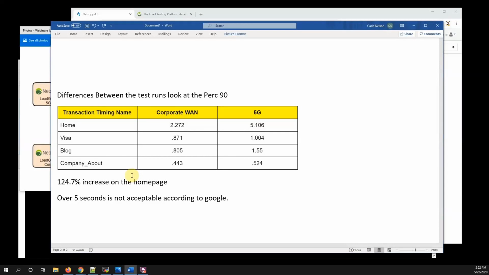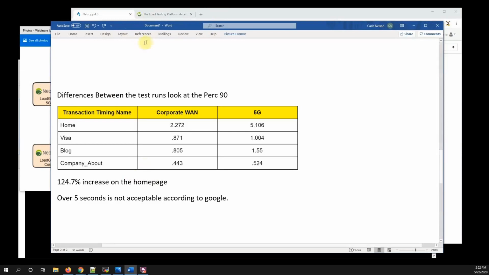Now, what happens if we get on 4G or a 3G network? It's going to look even worse. So if I were a CTO and I had a programmer come to me and tell me, okay, we're done, let's run some tests, and I'm seeing these 5G and 4G numbers up at 5, 6, 7, 8 seconds, I tell them it's unacceptable and they would need to fix that.